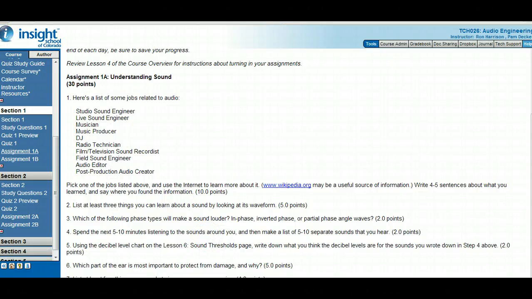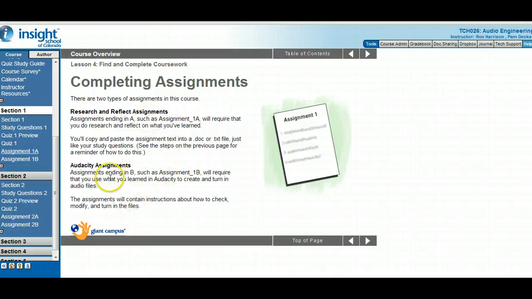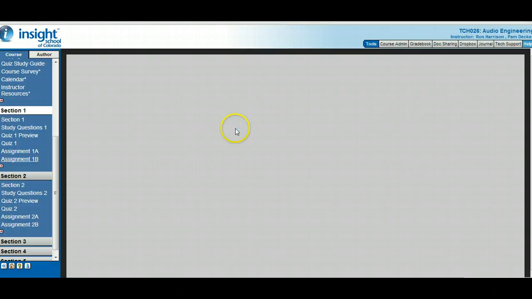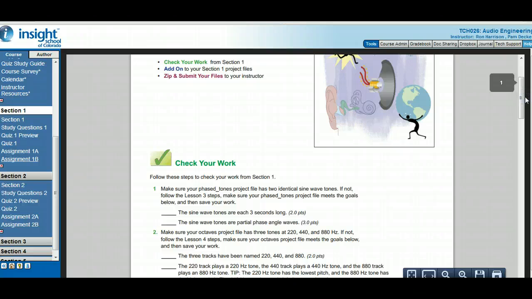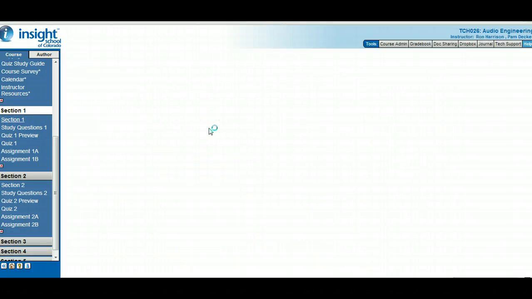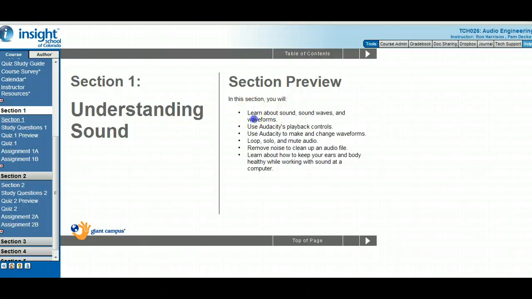Now if we look at the directions here, the B assignments are requiring you to use Audacity and will result in an Audacity file that you'll submit. So if you go to the B assignment, these are fairly easy to do. The B assignments are going to be a follow-up to what you do as you go through section 1. As you go through section 1, this is going to have you create an Audacity file and practice with Audacity. So through section 1 you practice and you do this work, saving the files with the names they tell you. Then after you've done all this work,